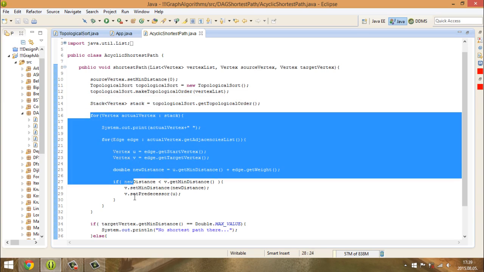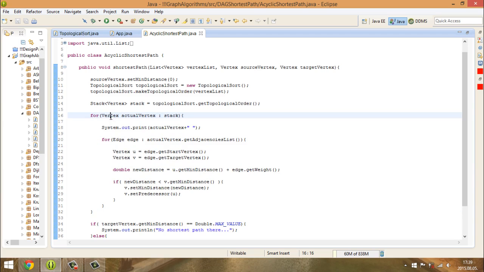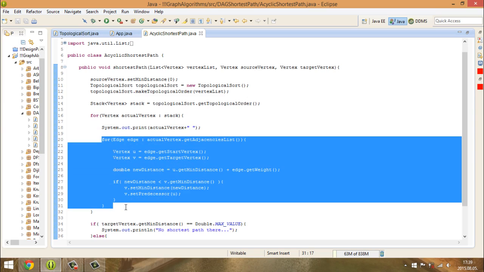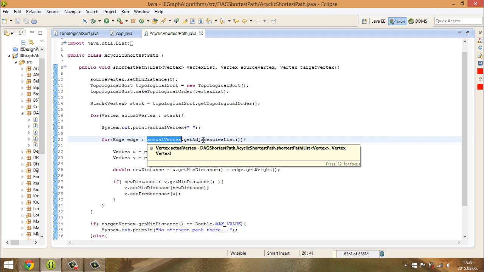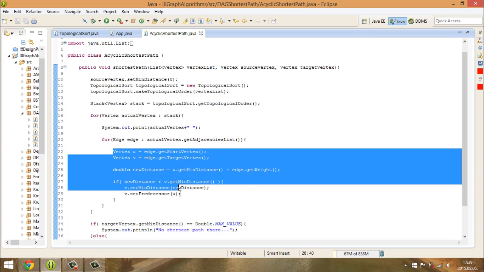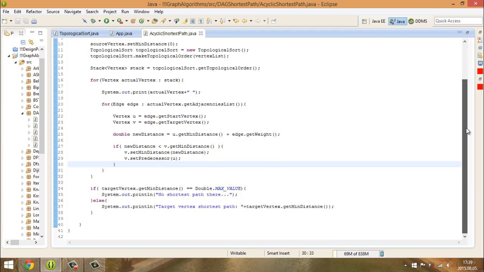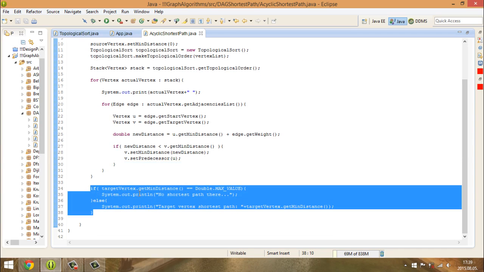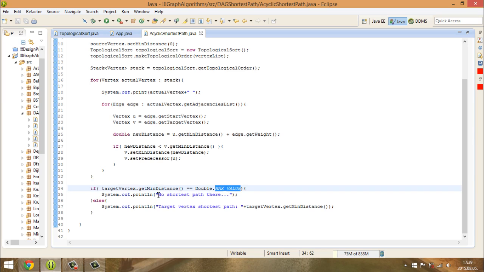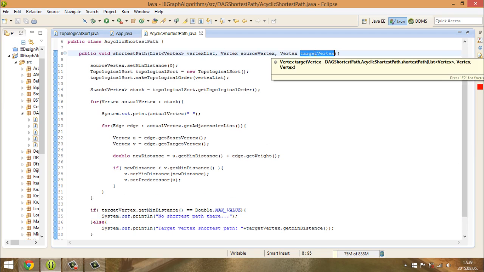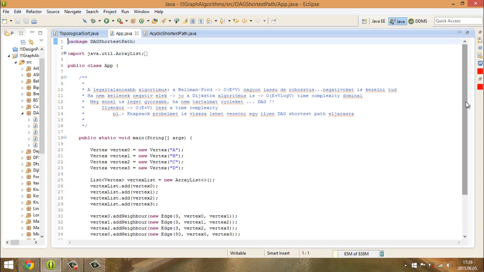And we keep iterating through this stack as a vertex, just print it out, and we visit all of the edges of this actual vertex. We get the adjacency list, and basically it is the same as we have discussed. So this is the topological ordering. And of course I check whether the min distance is equal to max value, then no shortest path exists, and otherwise there is a shortest path to the given target vertex we have specified here. So here when I run it,